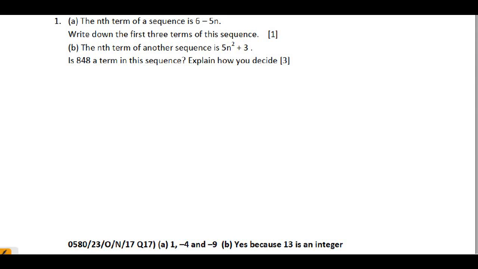Question number 1 of worksheet number 4A on page number 14. Right, question number 1, the nth term of a sequence is 6n minus 5 and write down the first 3